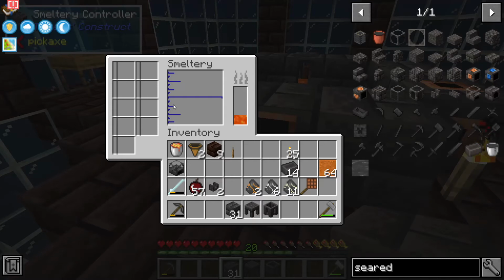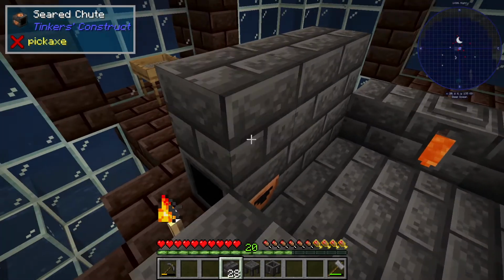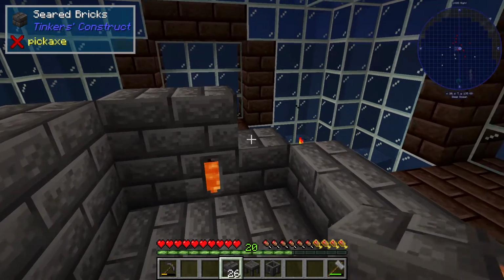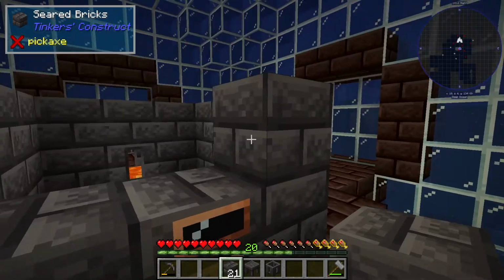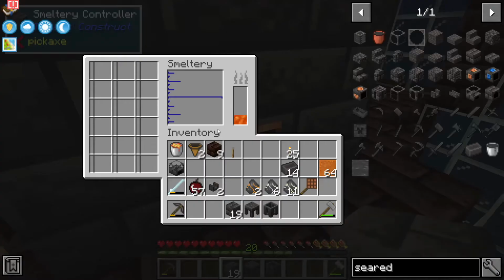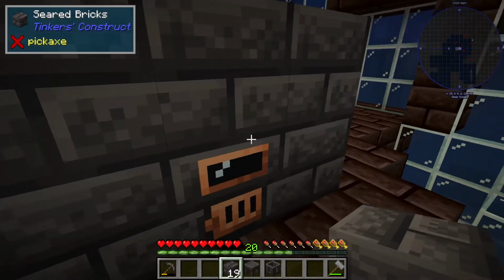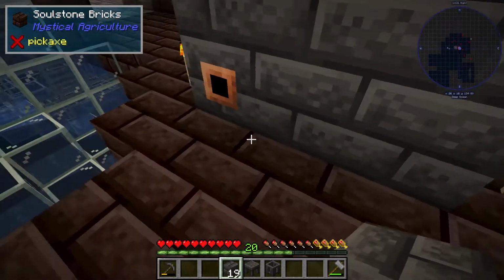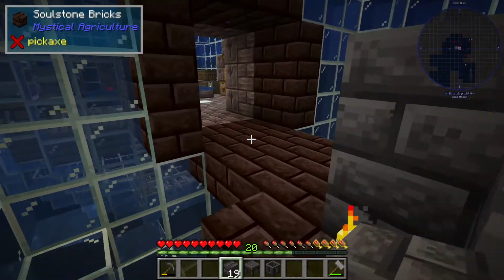It has 9 slots for melting. It can hold 72 ingots. If we were to bump this up by 1 because we have the blocks, we can now see that this has 1, 2, 3, 4, 5, 6. This is 18 slots, so we doubled the slots, and we also doubled the capacity at 144 ingots. Perfect. So as I said before, I'm probably going to want to fill this in like I did over here,